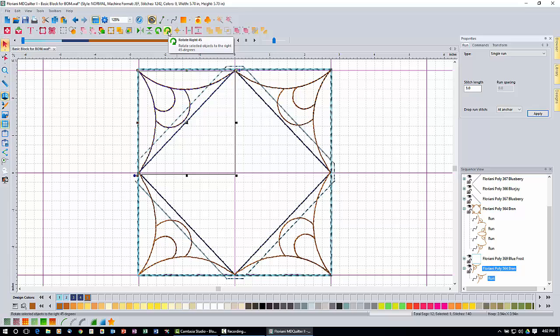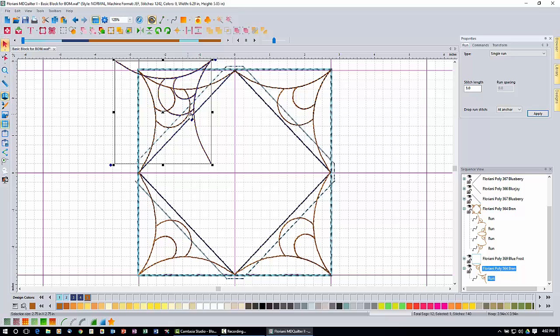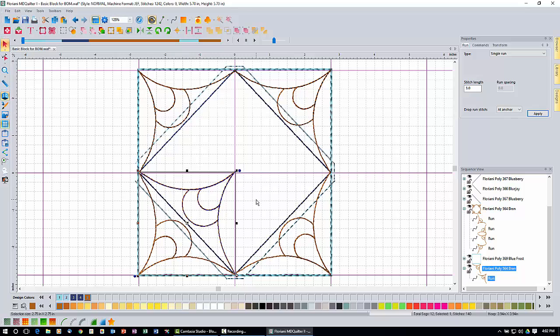So we're going to come up to our rotate right, and we're going to click it once and twice, and that's the copy, and we're going to drag this over to the lower right, the lower left corner. So it's going to come right down in here, and I'm going to get as close as I can at this view. So that's pretty close,